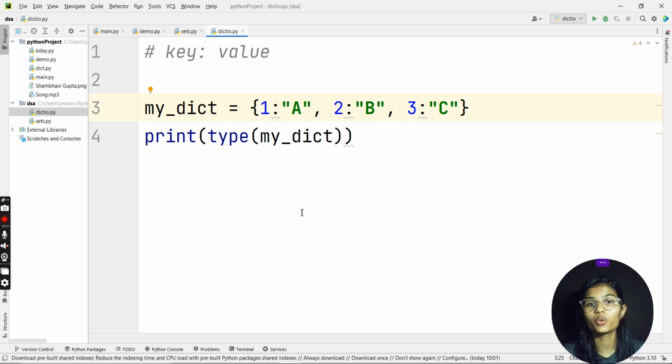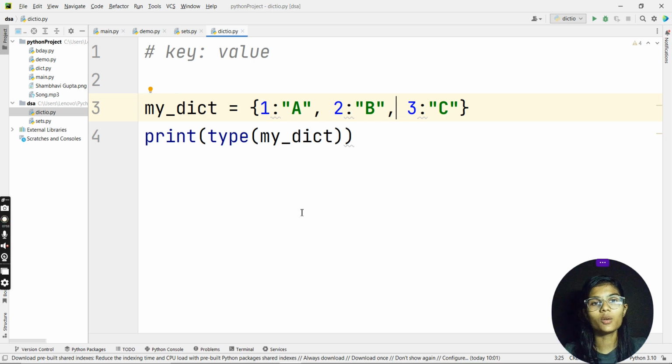If you specify that you want to convert the values of this particular dictionary, or the keys of this particular dictionary, then it's all okay. In that particular case, it will be all good. But until you mention what you want to convert, and you just simply try to convert the dictionary into a tuple, or any tuple into a dictionary, or vice versa, it will not be done. So always make sure that before converting one data type to another, especially in the case of a dictionary, you see everything very carefully, and then only proceed.